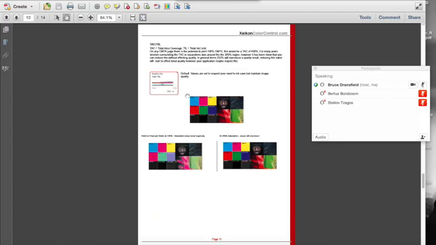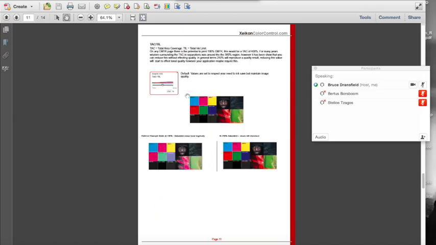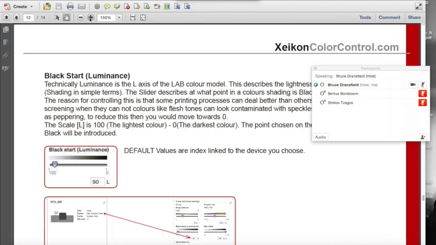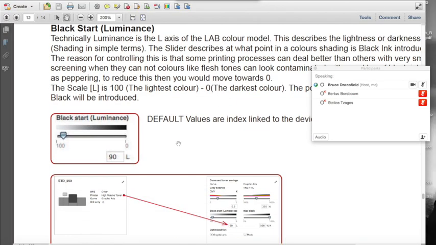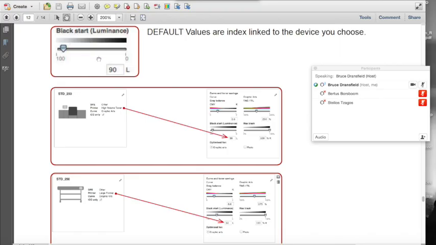Okay. So we have the grey balance, tack and tilt. Next we have black start. It's not a percentage. It's from white to black in L-star, and it's where we would like black to start at